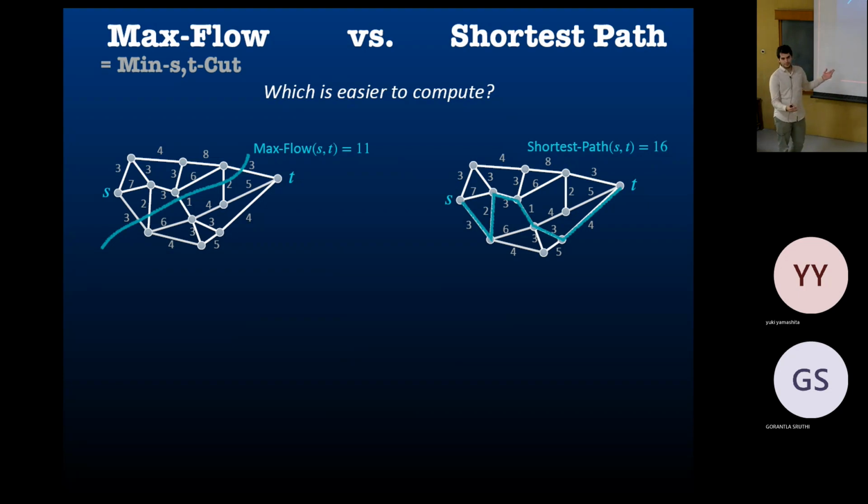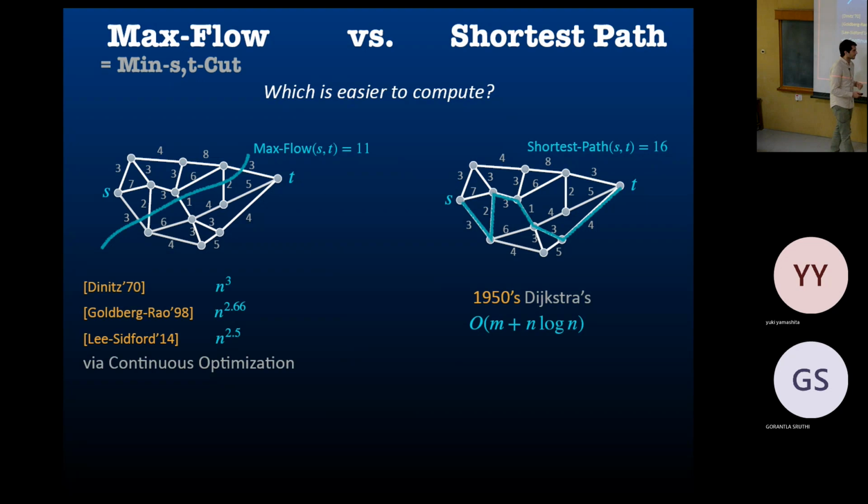Let's compare these two problems, shortest path and max flow. These are very basic classical problems. In max flow, you have S and T. You want to push the maximum amount of flow, respecting the edge capacities, which you can think of as finding the minimum cut that separates S and T, the cheapest set of edges to delete. And shortest path is just the cheapest way to go from S to T. So which of these two problems is easier, which is harder? Shortest path, in this S-T version with the pair, is a very easy problem. You just run Dijkstra, and you get the answer.